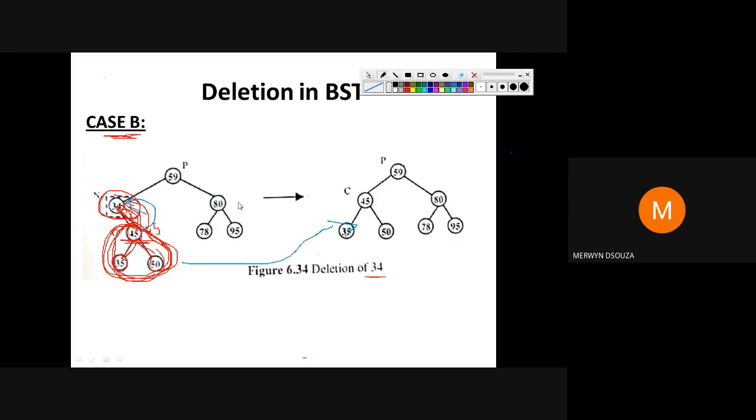When you copy, 34 will be replaced with this structure. So you will get it like this.